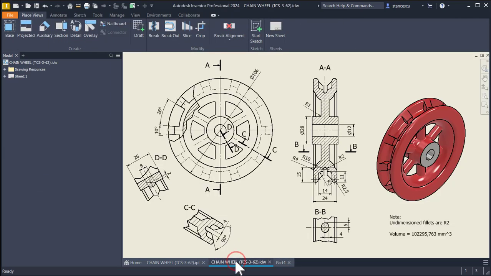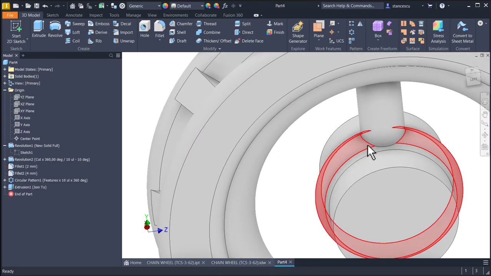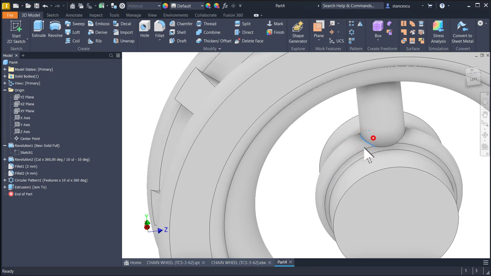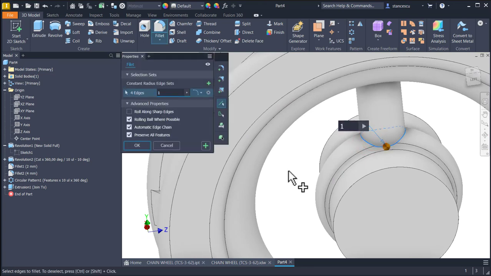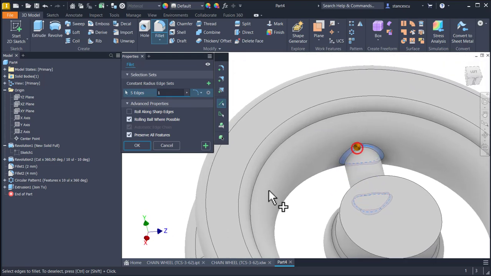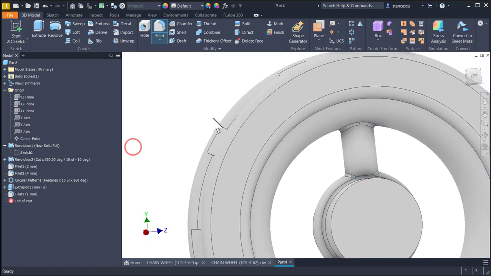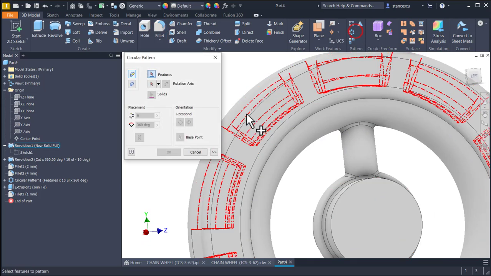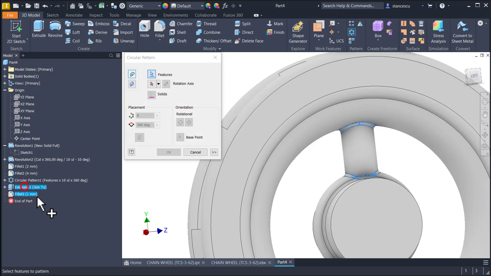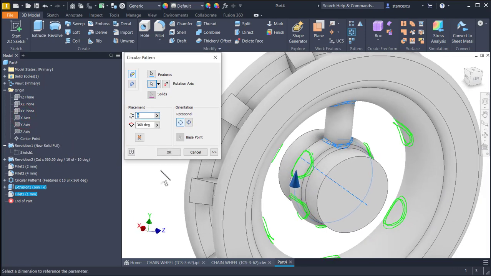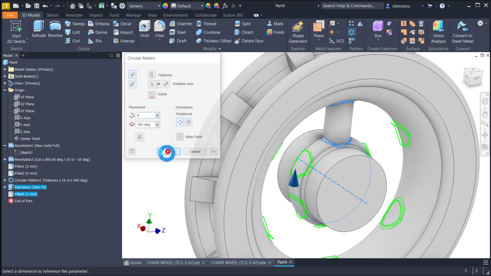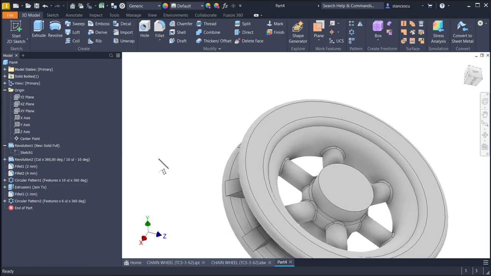You see here the dimension, radius 1 for the spoke, one to both ends. Okay, now I select both features and I use the same axis X. 6 is by default, always. We have